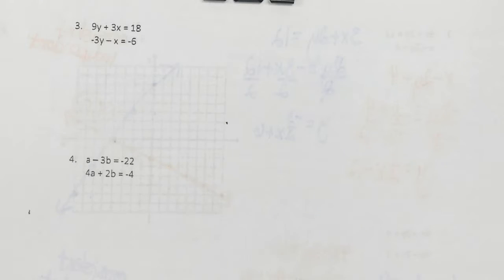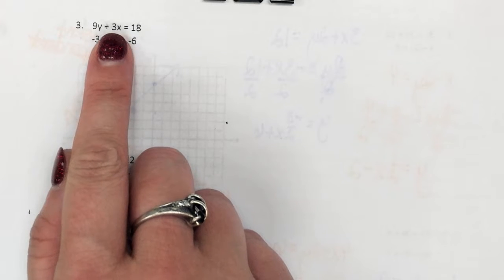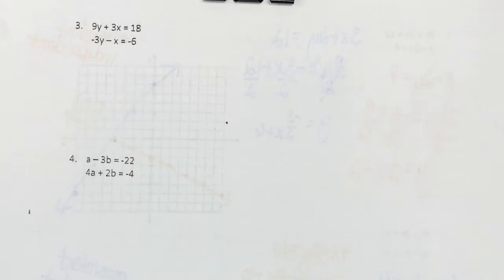All right. So the direction said substitution, right? Okay. Substitution. So substitution means we need what? A variable. Doesn't matter which one, right? So if you don't like dealing with negatives, you deal with this top equation, okay? Doesn't matter. Which one do y'all want to do? You do the top one. I like that one because it doesn't have negatives. It just makes my life